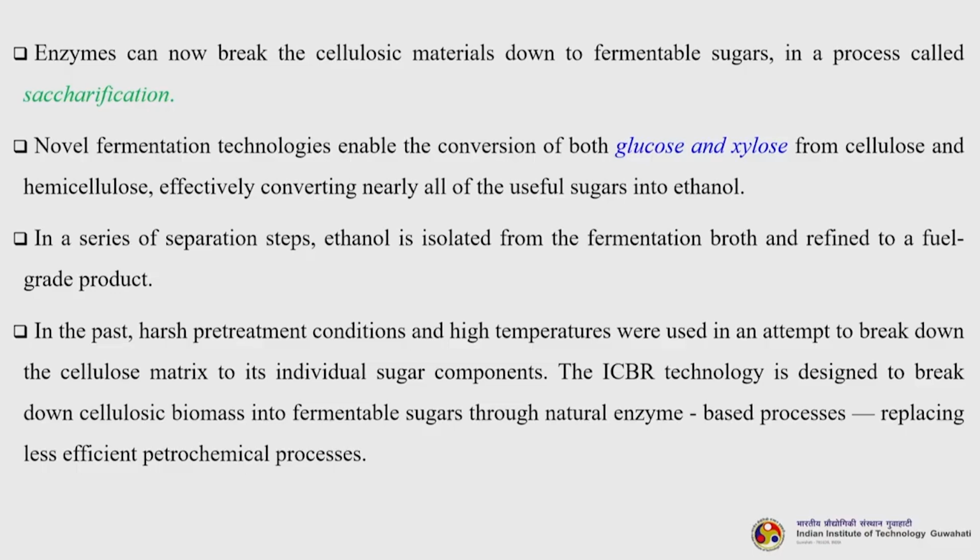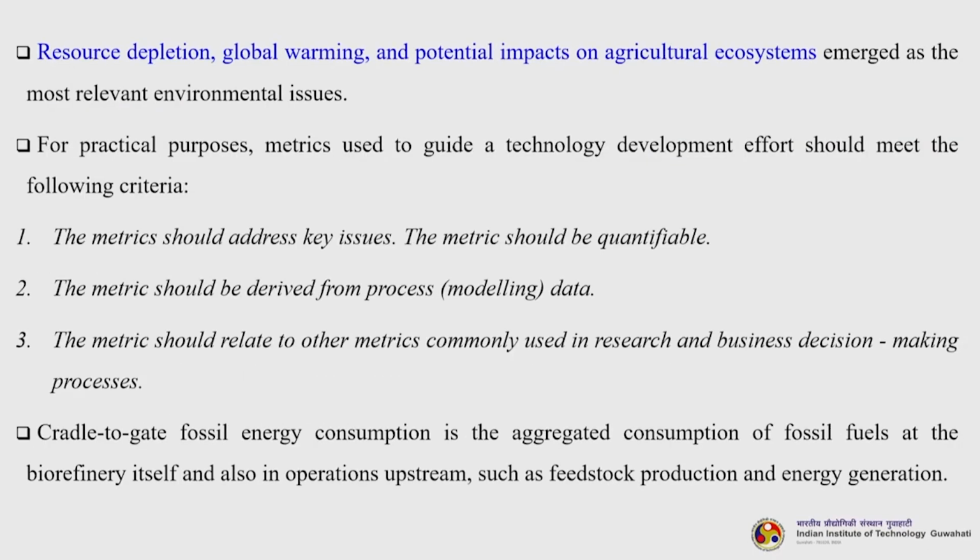So, in the past, harsh pretreatment conditions and high temperatures were used in an attempt to break down the cellulose matrix to its individual sugar components. The ICBR technology is designed to break down cellulosic biomass into fermentable sugars through natural enzyme based processes, replacing less efficient petrochemical processes. So, resource depletion, global warming and potential impacts on agricultural ecosystems emerged as the most relevant